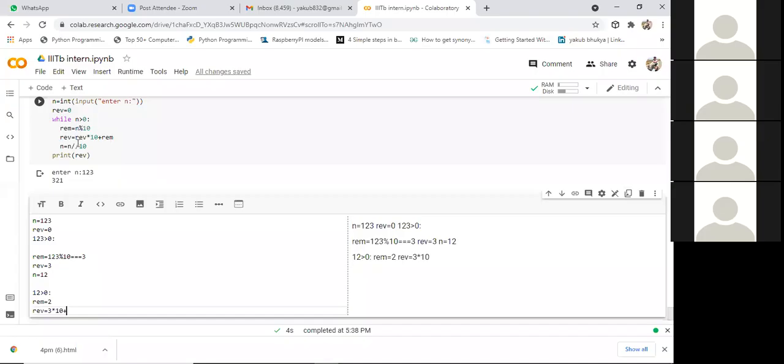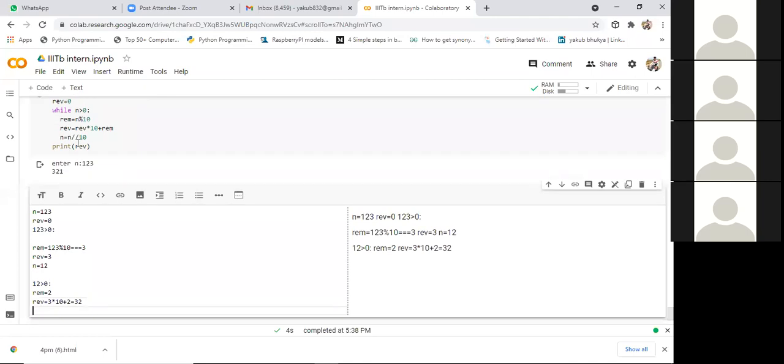Which is 30. 30 plus here, 30 plus. Now what we need to do? We need to add the next number, that is 32. Now it is 32. After this, now what I want to do is, see here,